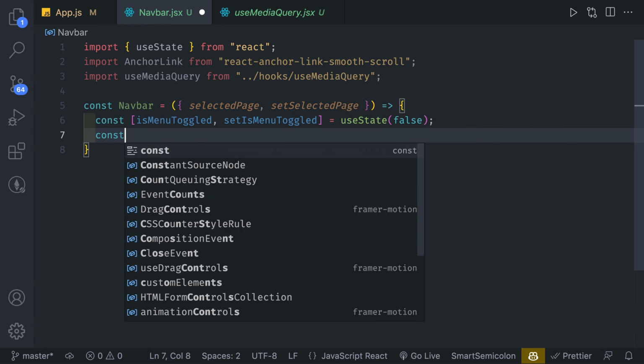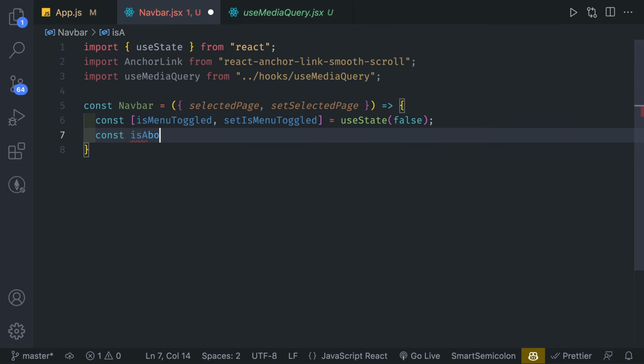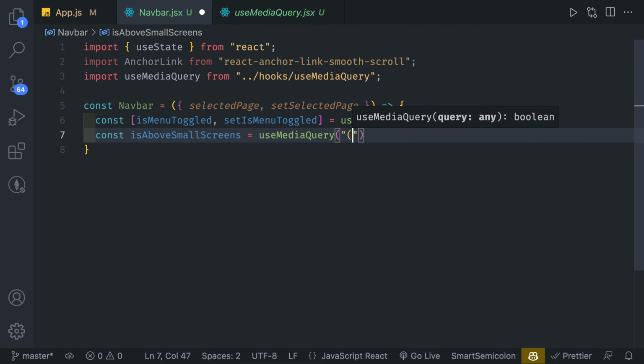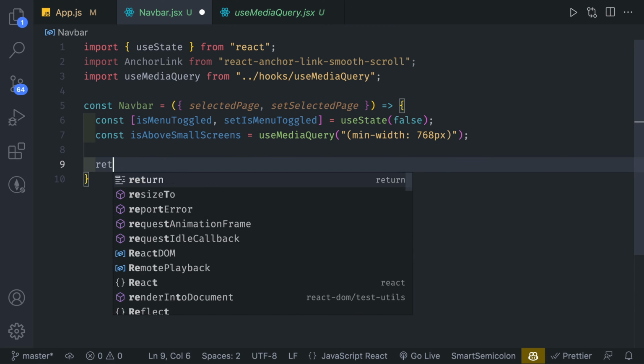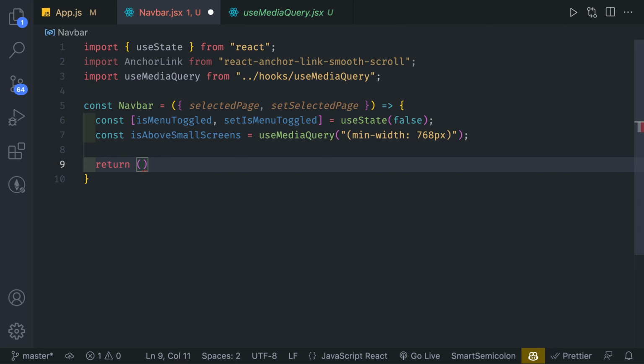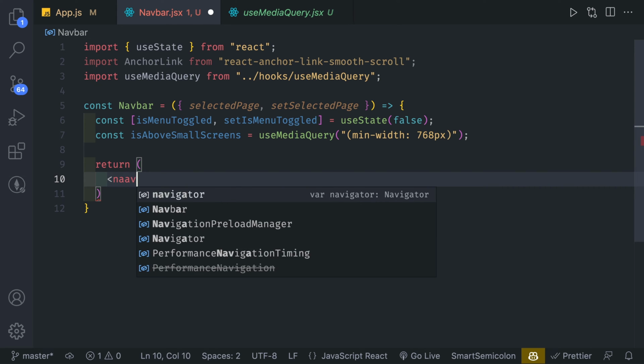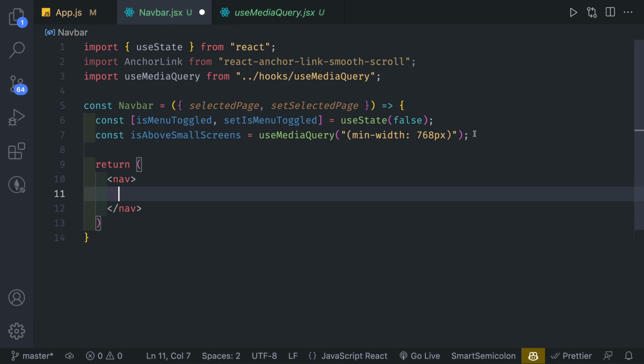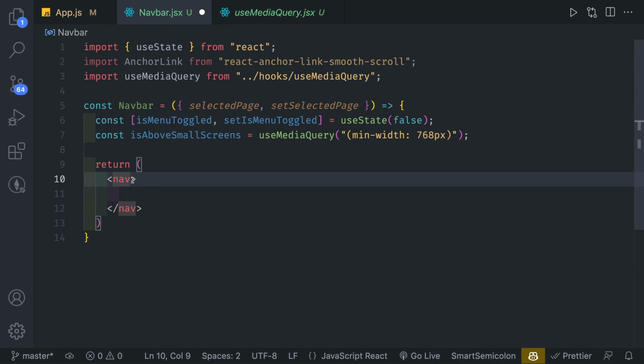And then we're going to create one more media query. So it's going to be isAboveSmallScreens like that. I'm going to say useMediaQuery, and we're going to pass it in min-width of 768 pixels, like so. And then from here, we're going to return a nav element. So this is an HTML5 semantic element to indicate to the browser that this is going to be the navbar section. All right, from here, we're going to add the className,